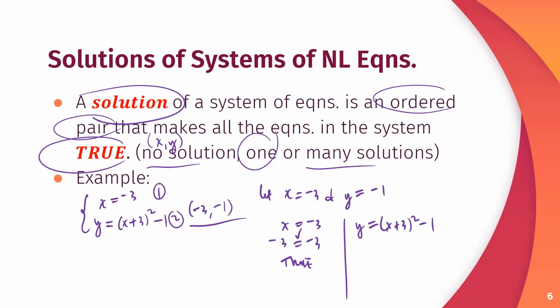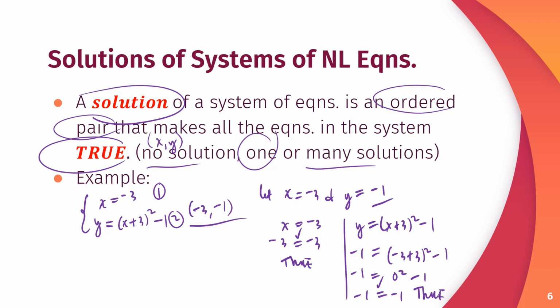So in the substitution process, we let y be negative 1, so substitute: negative 1 is equal to, with x being negative 3, (negative 3 plus 3) squared minus 1. Simplifying further, that's negative 1 is equal to negative 3 plus 3, that's 0 squared minus 1, that's negative 1 is equal to negative 1. Simplifying further,